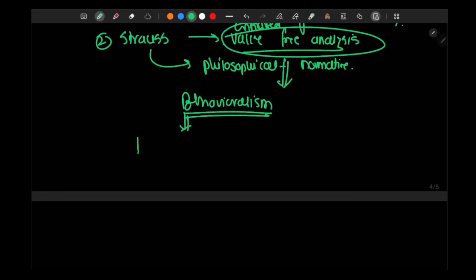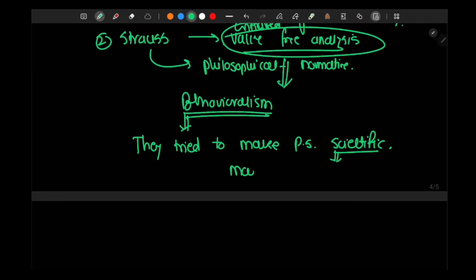They tried to make political science scientific. How do you make a discipline scientific? By making it repetitive,